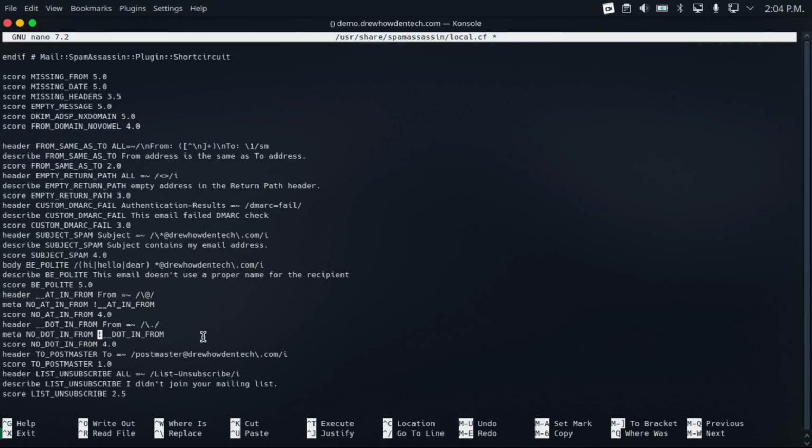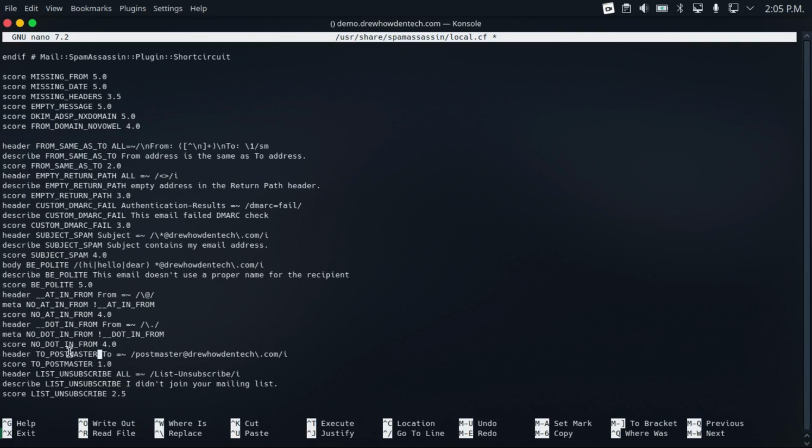So simply put, all emails should universally have a dot in the from field. Again, even though it's technically not required by RFCs, I like to give that a very high score. Really the one exception I can think of is localhost, which refers to this server, which you may have an application that sends emails from at localhost,